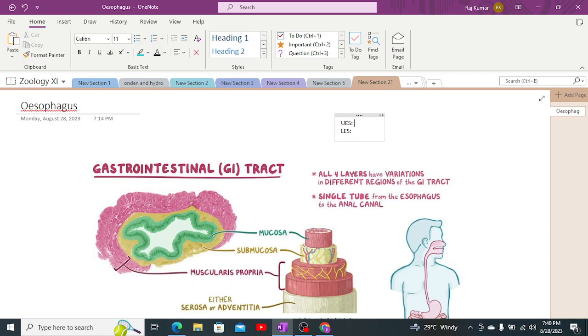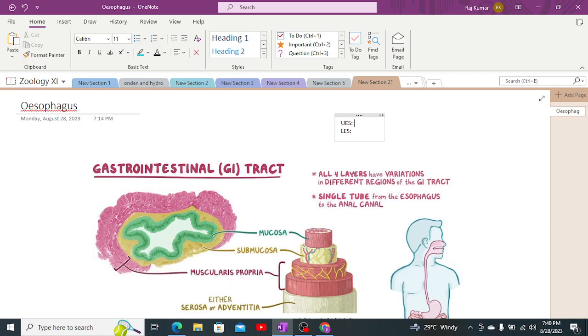So in that case, it relaxes, it dilates, due to which the food is compelled to move inside the esophagus rather than going inside the pharynx, and that is due to the relaxation of the upper esophageal sphincter. And thirdly, as we have previously discussed, it prevents the backflow of bolus, in such a manner that it does not allow the bolus to go back